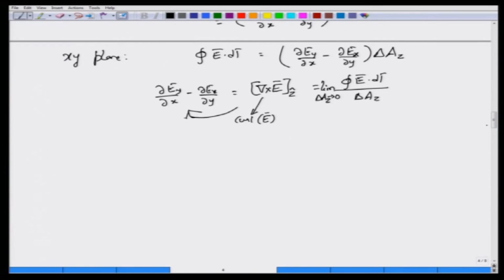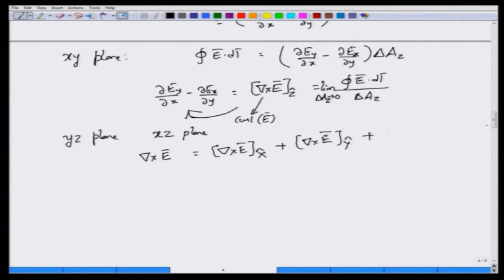in the point x y at a given value of z. Of course, you can try paths in the y z plane, you can try paths in the x z plane as well, and you will arrive at the result for del cross E, which will have 3 components. There will be a component along x, a component along y, and a component along z. All 3 components will be there, and we have just evaluated the z component. You can evaluate the x and y components by choosing appropriate paths, and there is actually an easier way to